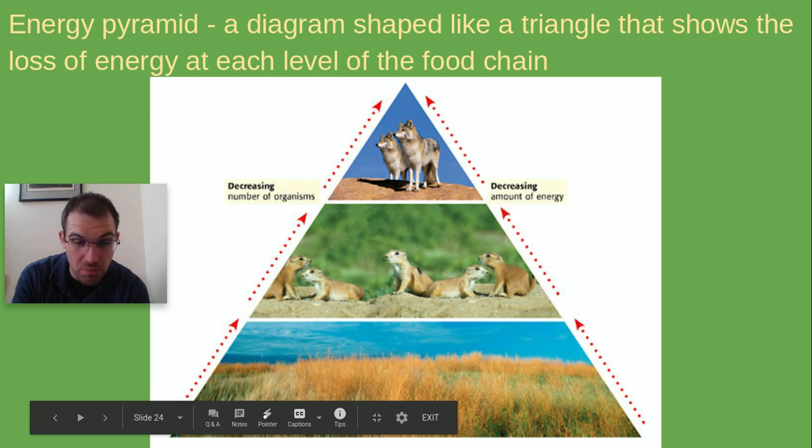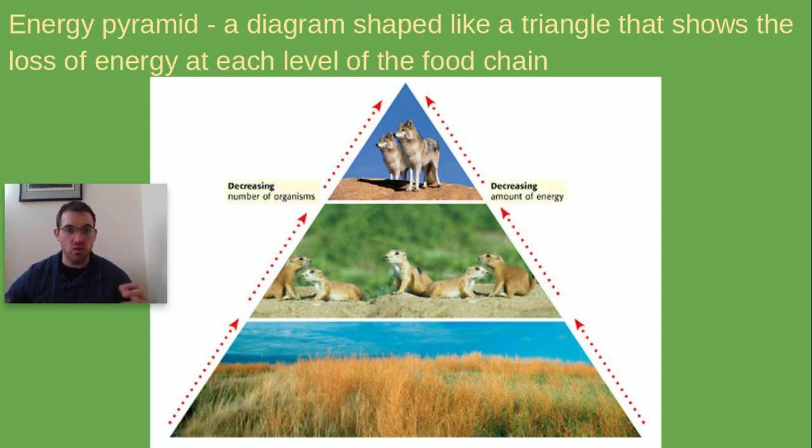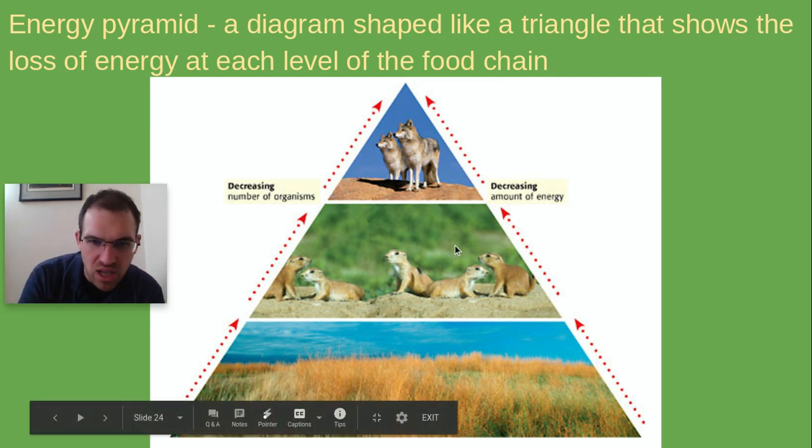Because if there were more meerkats, they would all need to eat. They would eat up all the grass, and then all the grass would be gone, and the meerkats would starve. So there has to be more grass to support the amount of meerkats. And then there have to be fewer wolves at the top. Because if there are too many wolves, there won't be enough meerkats for them, and again, they'll starve. So the population has to be